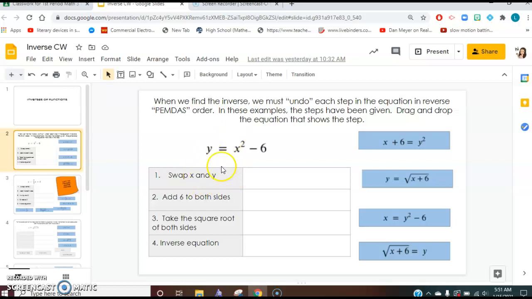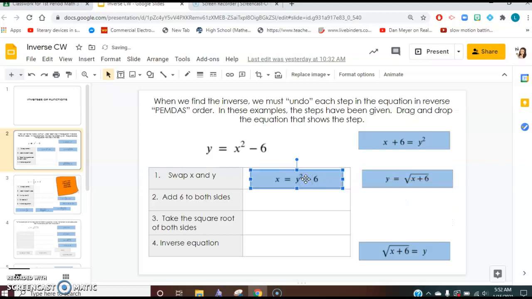So the first step, if you're not going to use the do-undo list, if you want to try something different, your first step would be to swap the x and the y. So I'm looking for the card that just has x and y swapped. All right, now we're solving an equation, so we always go backwards from the order of operations. So I'm looking to cancel out anything that's addition or subtraction first because that would be at the bottom of